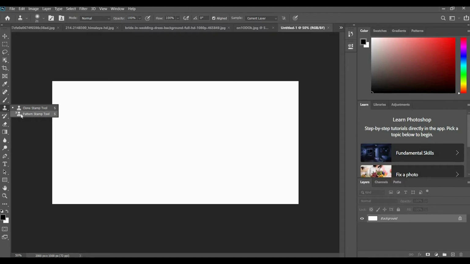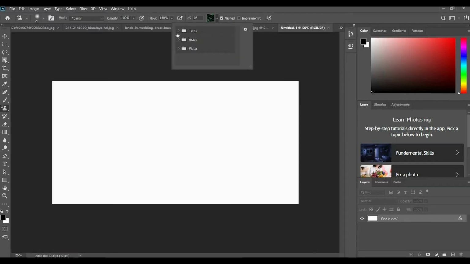First we will finish pattern stamp. Click on pattern stamp. After clicking the stamp, you can see the patterns which we have already. We have trees, grass, water-like patterns. We just click on this.